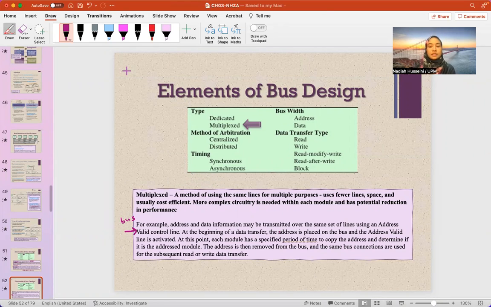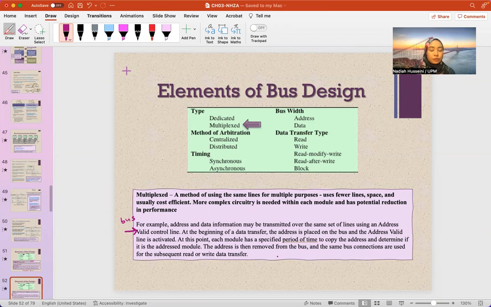Okay, we have not talked about time yet. Each module has a specified period of time to copy the address. Maybe time slot number 1 is for an I/O module. Time slot number 2 is for the memory module, for example. At this point, each module has a specified period of time to copy the address and determine if it